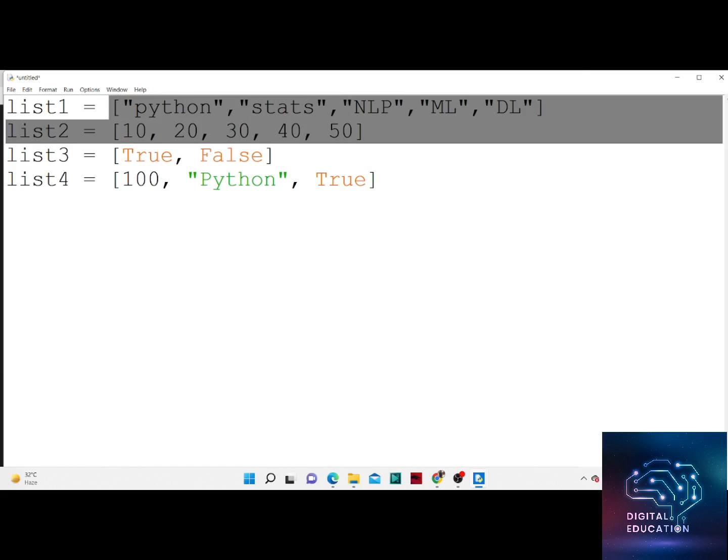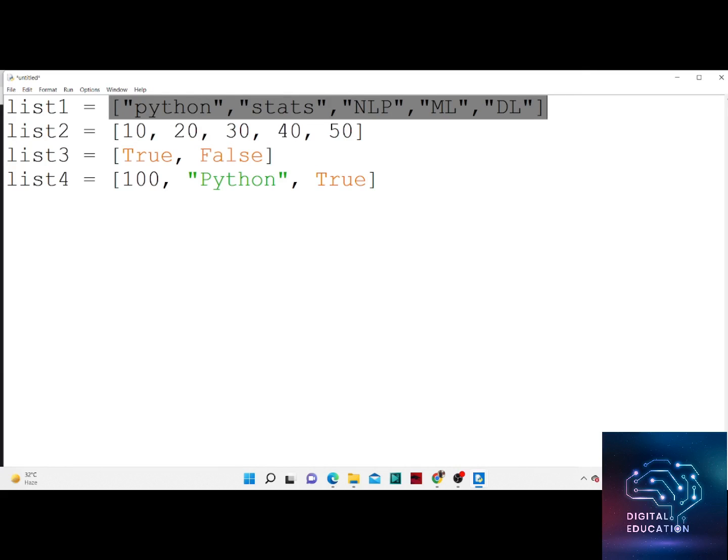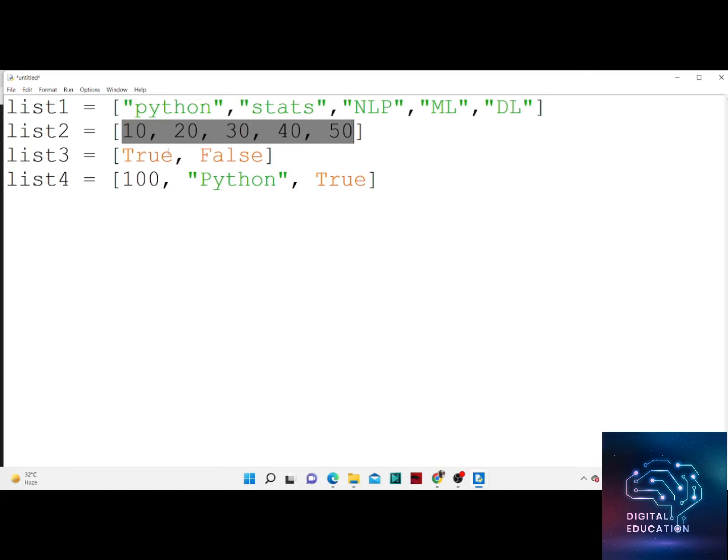List 1 contains all elements of type string. List 2 contains all elements of type number. List 3 contains elements of type boolean, and list 4 is a hybrid list where we have a number as well as a string as well as a boolean value. Okay,